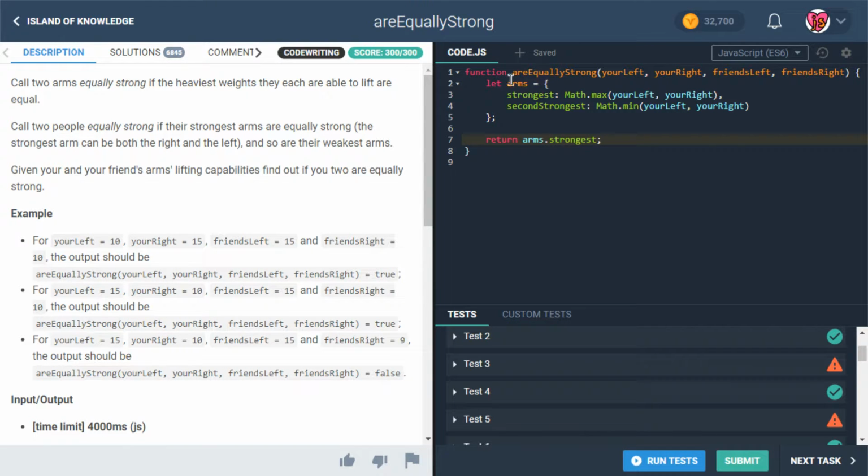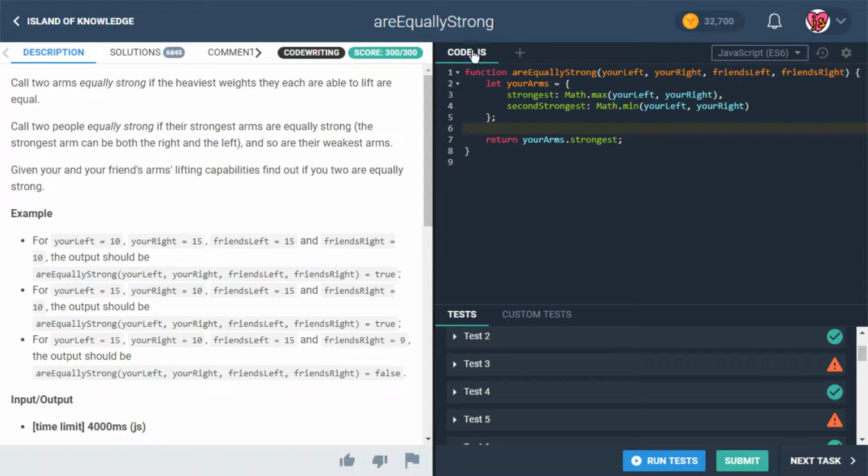Okay, great. And maybe a better way to put this instead of just arms would be to say yourArms, right? Because that's what we're talking about in this case. We're not talking about your friend right now. We're talking about your arms. Okay, so that's an object, and maybe even we could put in another property for this object. So when we say property, we're talking about things like this. And well, actually, before we move on, before we add this flex property, let's say